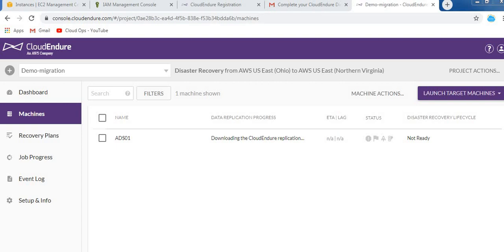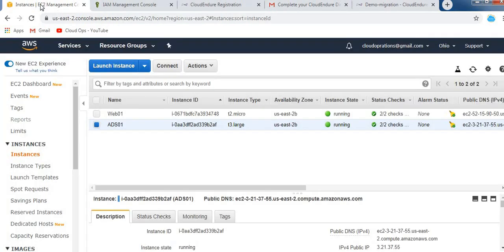Now it's downloading the CloudEndure replication settings. Meanwhile, let me show you which server I'm going to migrate. I have two servers. One is my ADS server, which I'm going to migrate from my Ohio location to the Virginia location, and the instance type is T3 large.